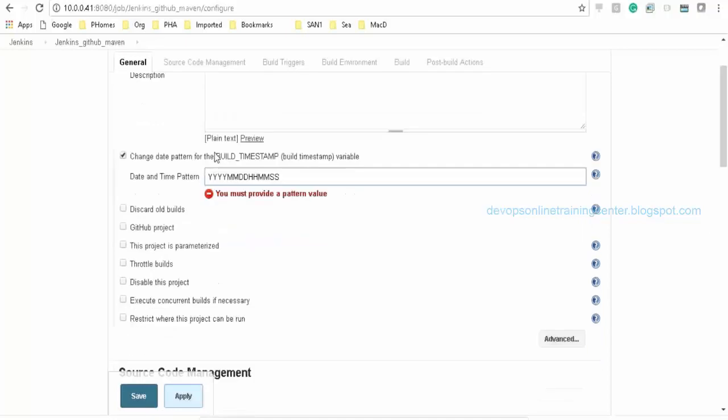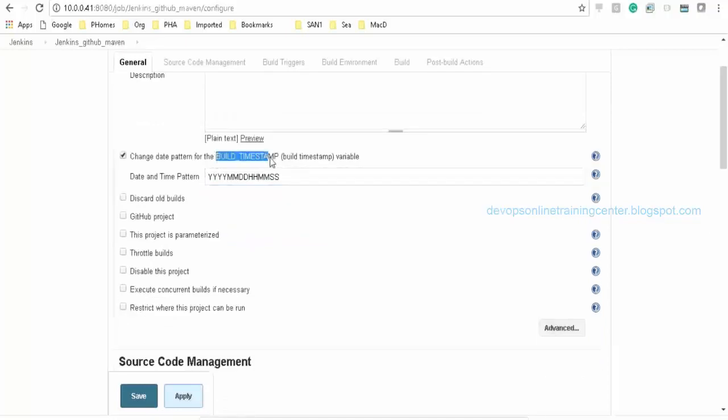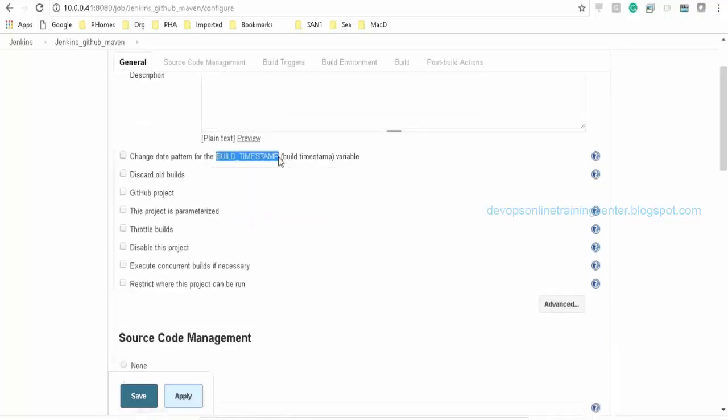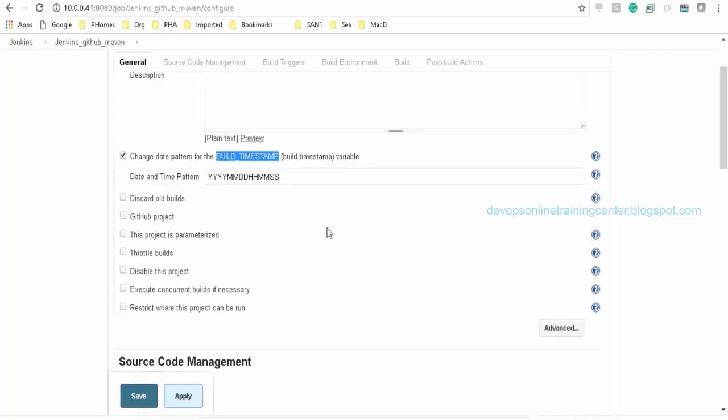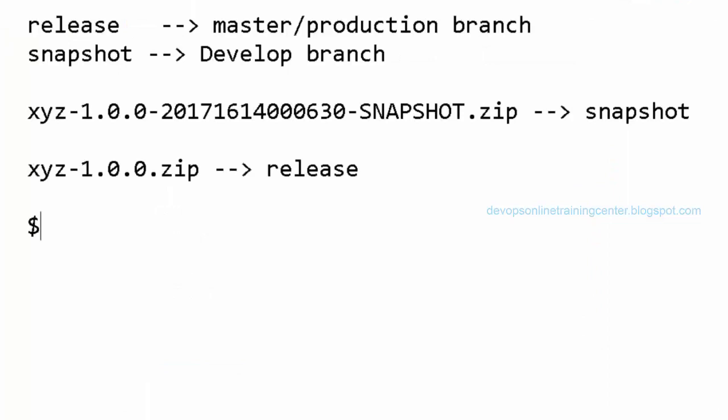If I declare it like this, I can use this variable anywhere inside my job, and it will be replaced with something like year 2017, month, date, hour, and so on. I can directly use the BUILD_TIMESTAMP variable.